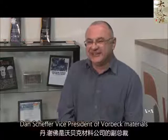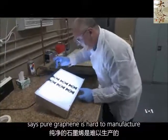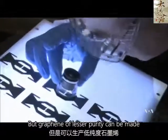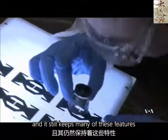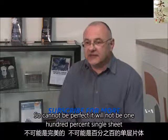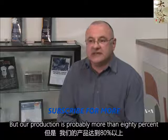at the beginning. Dan Schaefer, Vice President of Vorbeck Materials, says pure graphene is hard to manufacture, but graphene of lesser purity can be made, and it still keeps many of its features. It cannot be perfect, will not be 100% single sheets, but our production is providing more than 80% that it's